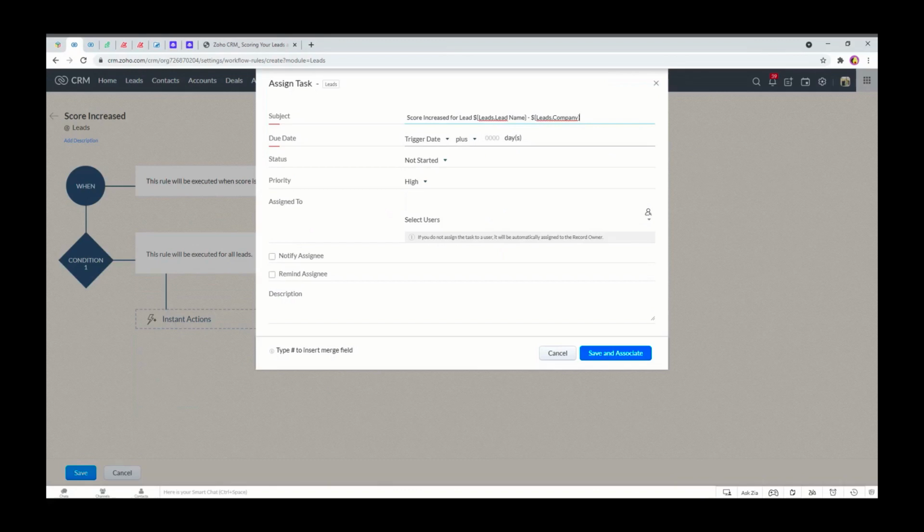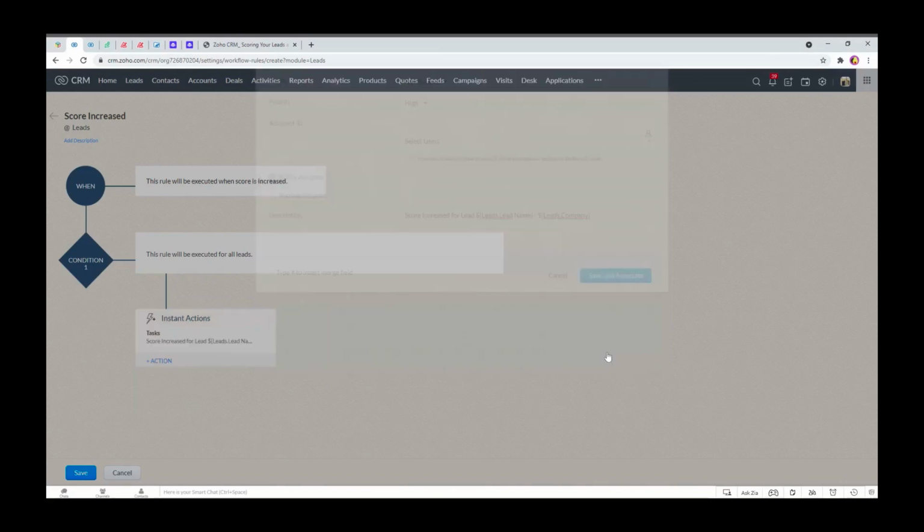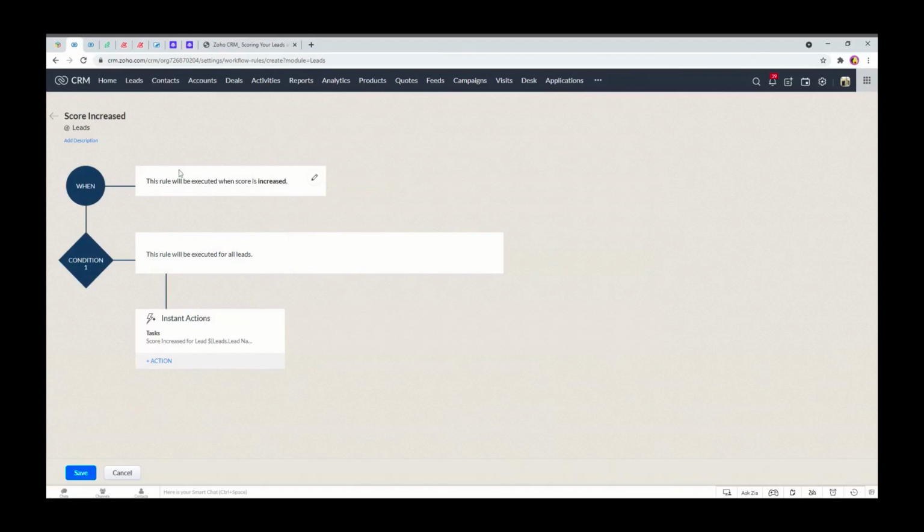The trigger date, I'm going to put 1 day. That means the recipient of the task will be asked to deal with it within 1 day. We could have a notification, and that will be a pop-up in your reminders or in your activity reminders, and then a description if you want. And again, we could even just copy and paste this, or we could put some more information, and that will have the merge fields in. So we'll save and associate that. So here the rule is for when a score is increased, send a task, okay, and that will be sent to the record owner. So I'll click save,